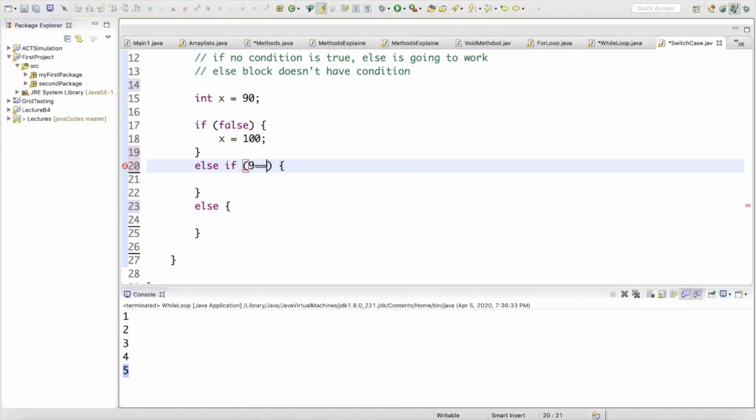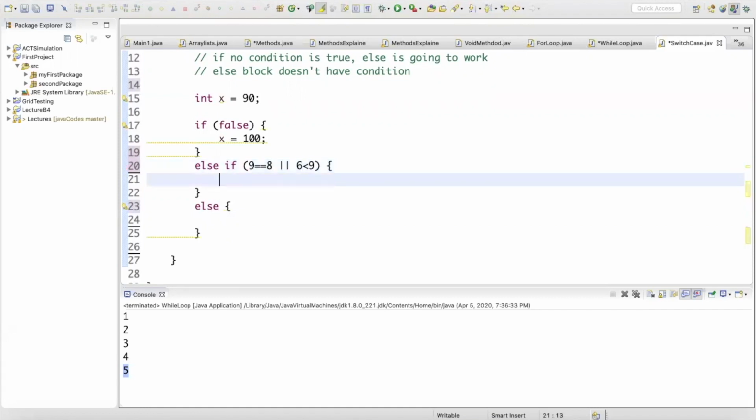Right now my if condition is false, that means it's not going to be changed. So in the else if condition, I'm saying 9 equals 8 or 6 less than 9, and in that case let's change my x into 102,